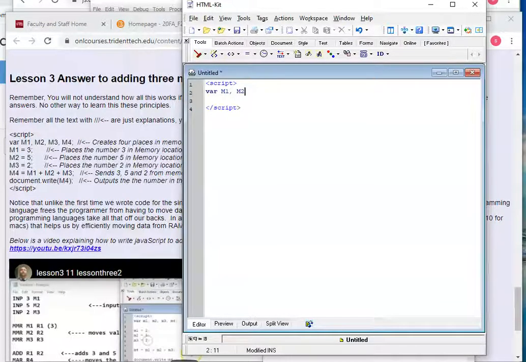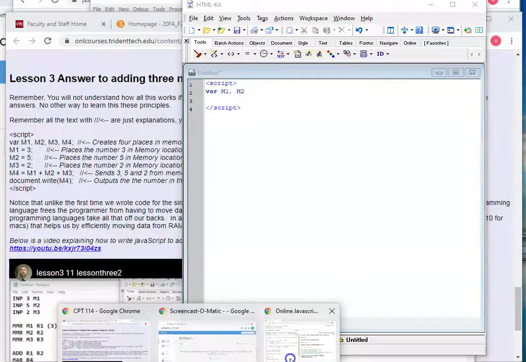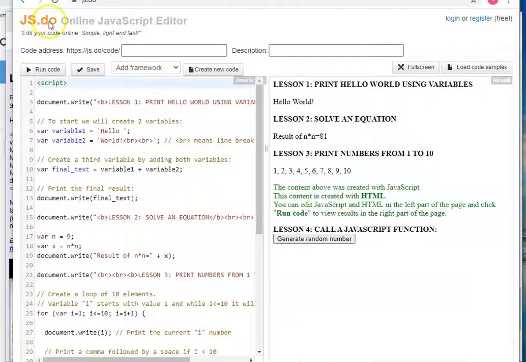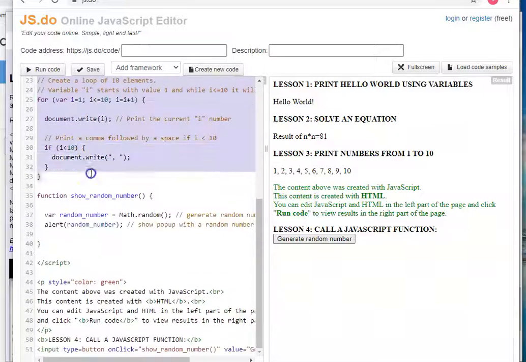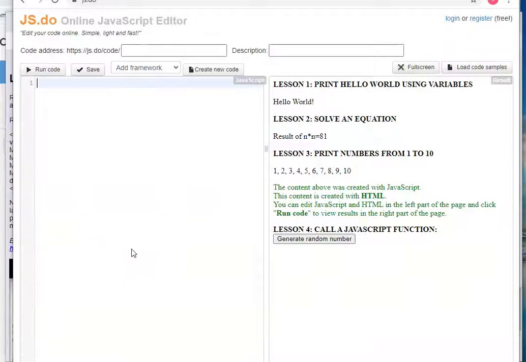You can also use the online JSDO, those for Mac people, but you can do it if you have a Windows computer also. Just need to get rid of everything but the script tags, or get rid of everything, Control A, and then delete, and then write in your script tags. That's probably easier than trying to, just like you would with HTML-Kit. And with this, it's the same. You would type in. So here I'm just going to